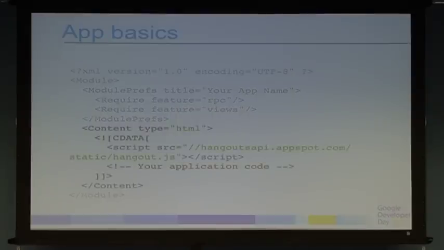Then there's a content section. The content section is just a CDATA and your code. You can put all your HTML, CSS, and JavaScript inline right here, or you can include it externally. You can even put some of your code in App Engine on our new Cloud Datastore or some of the other services we have, however you want to choose. It's just a web page, right? But the only difference here is it's hosted by us and it's served from our CDN. So that makes it a faster user experience, but there's some things you have to understand and take into consideration when you build your application.